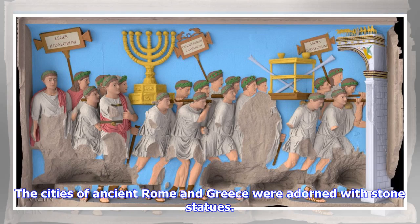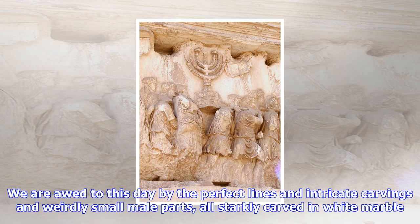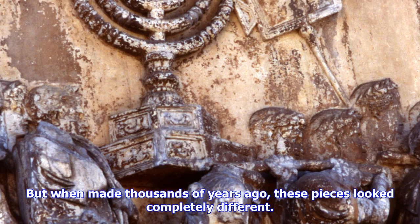The cities of ancient Roman Greece were adorned with stone statues. We are awed to this day by the perfect lines and intricate carvings and weirdly small male parts, all starkly carved in white marble. But when made thousands of years ago, these pieces looked completely different. They were gaudily painted and, according to modern tastes, they looked more like they belonged in a kitschy flea market